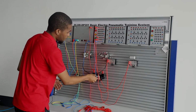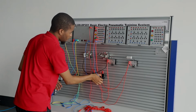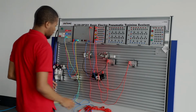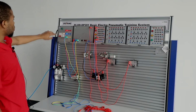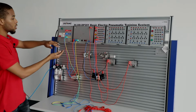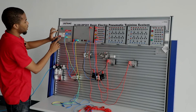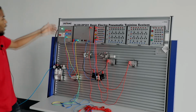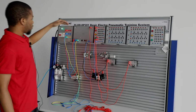You can see it extends and then it retracts. This shows you there is no air leakage. The next thing you want to do is to turn on this, and then the next thing you want to do is to turn on this QF switch right here on the AC module. When you turn this on, you can see the light indicator turns on,